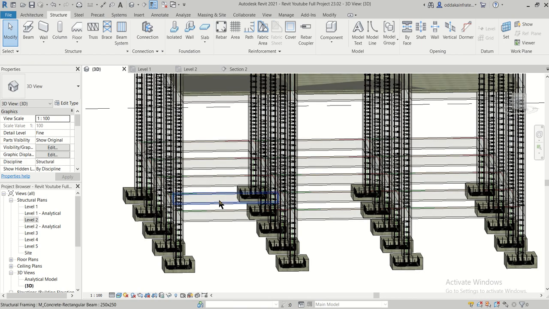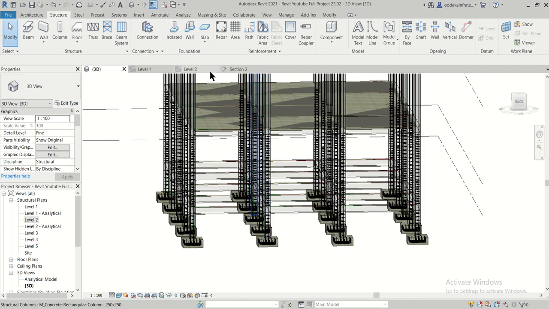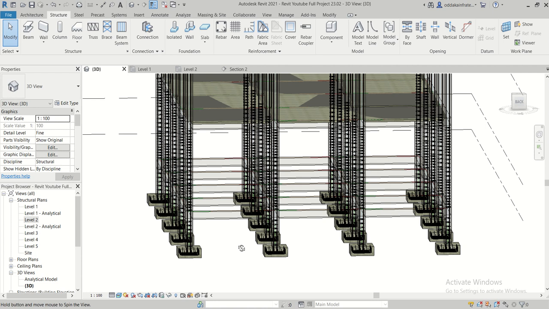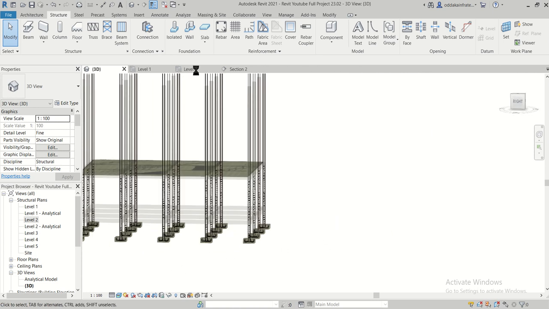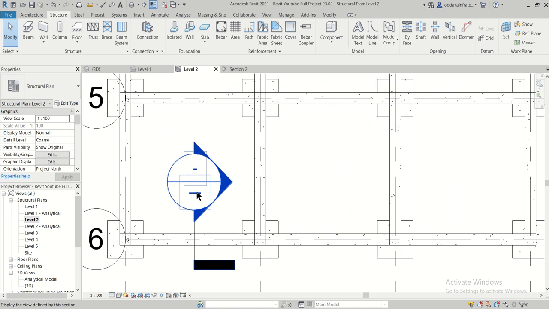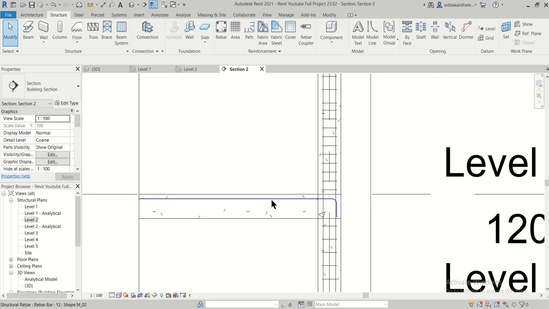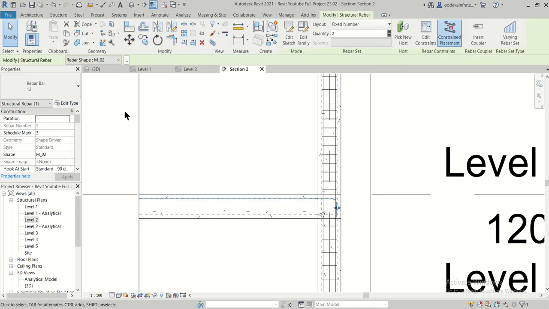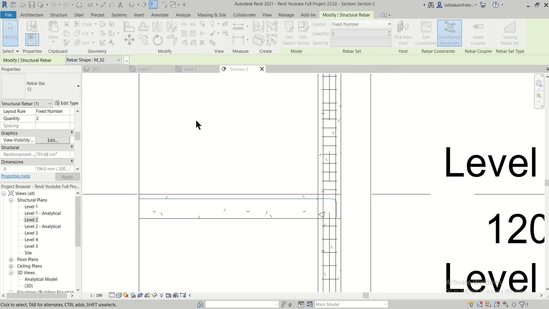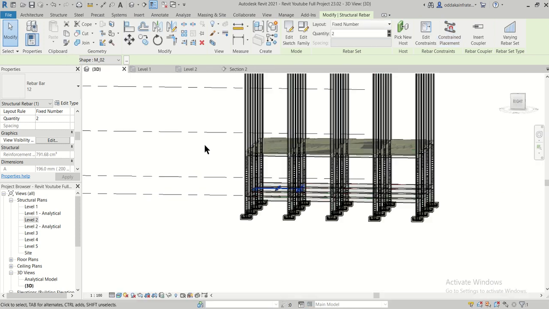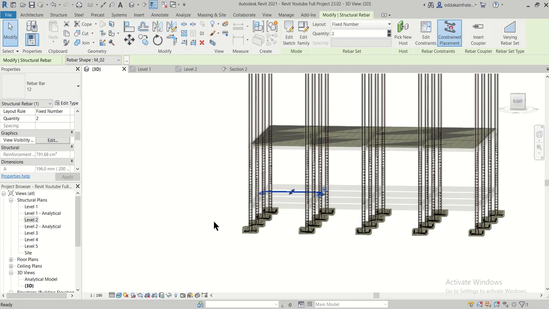Before going to the 3D view, so that the bar's visibility is achieved properly, we can go back to level 2 or the section 2, select this bar, and just increase the visibility here, and set the 3D view appearance on obscure view as solid, and then click on OK and go in the 3D view here, just to check the rebars here.